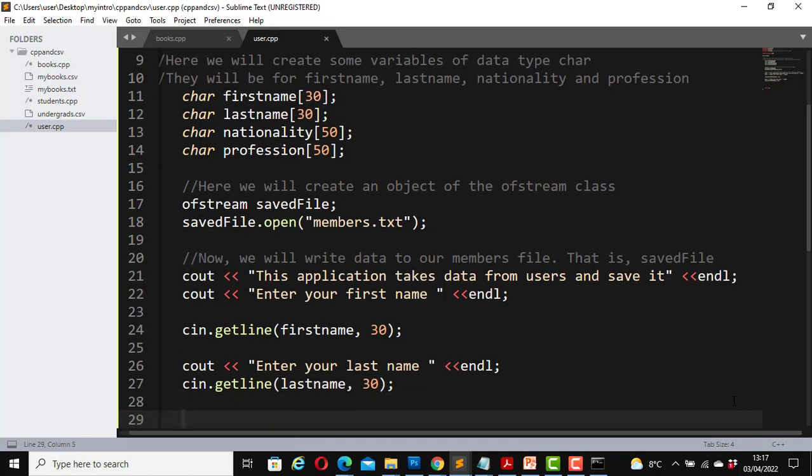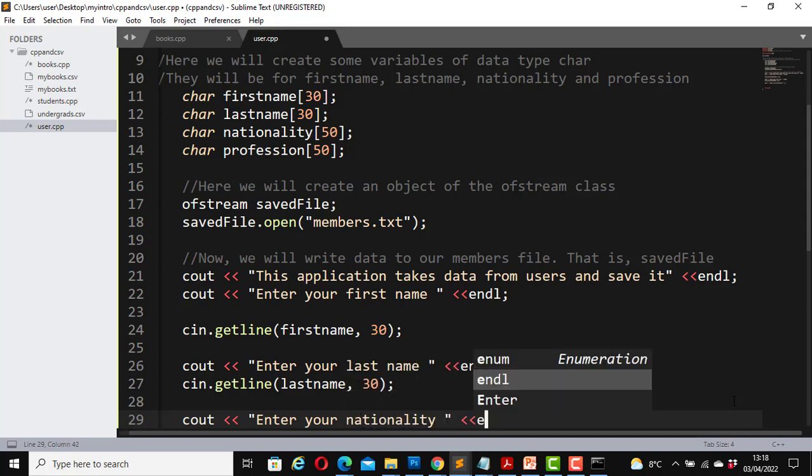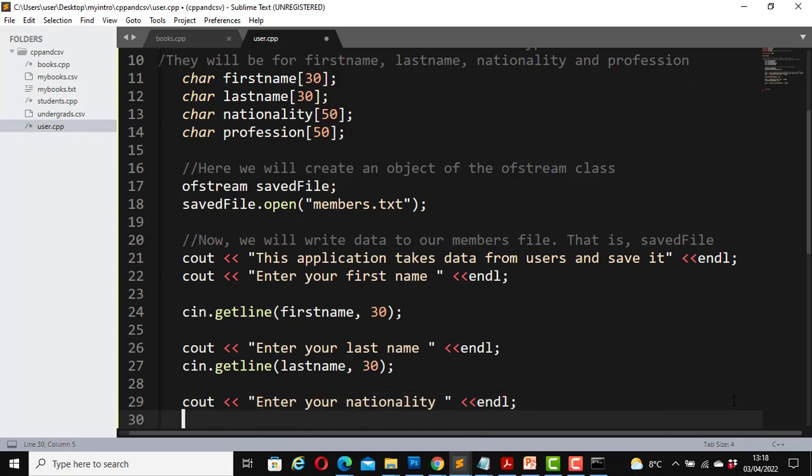Now let's get the nationality, cout, enter your nationality, endl. Let's get it, cin dot getline, nationality, that was 50,